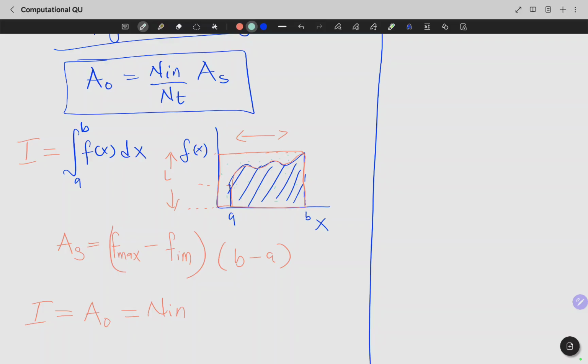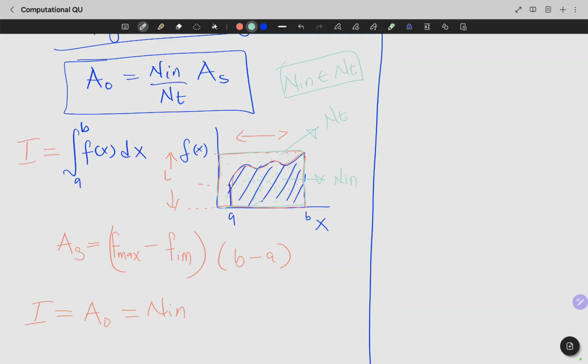So the condition is, if the point is within this region, count it as inside. So this would be n in, and every other thing is n total. It's not supposed to be confusing, this n total, because n total is considering all the points including n in. So n in is also an element of n total. Don't forget this,